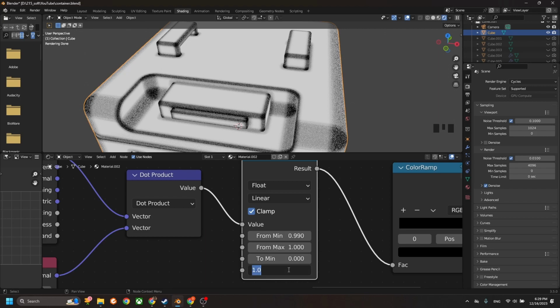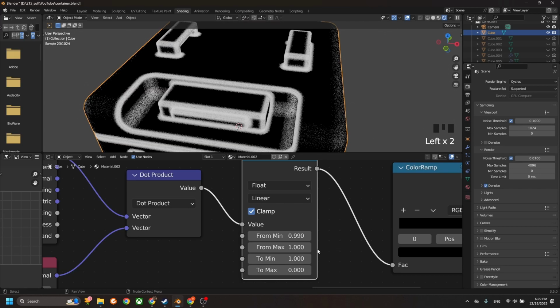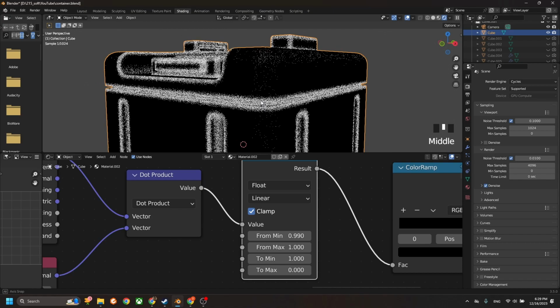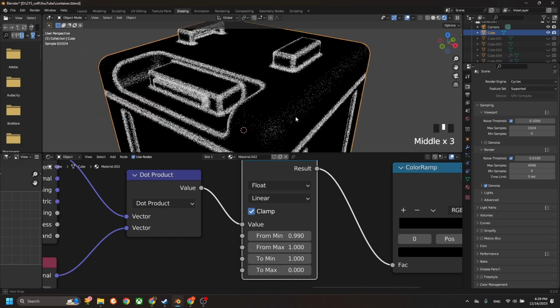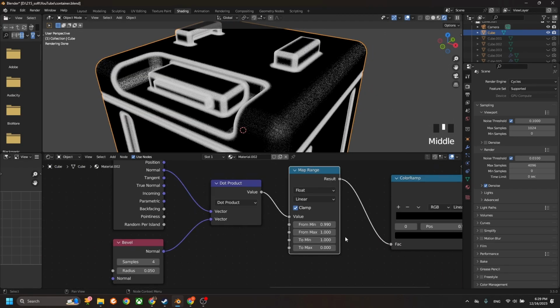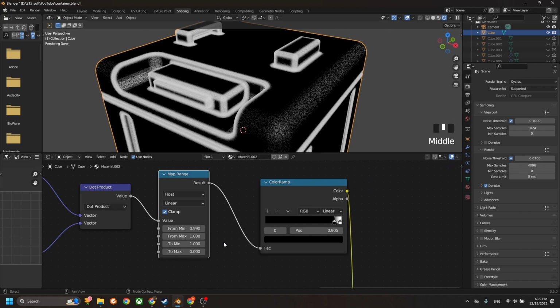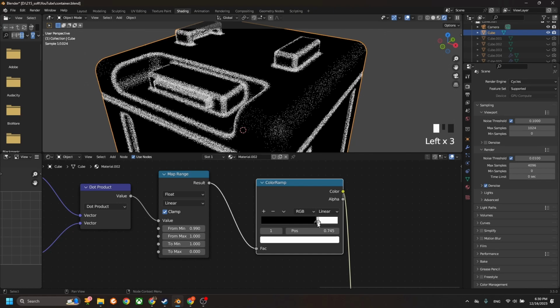And I will change those values around because I've tested previously it looks better this way. Okay, it's kind of inverted, but still we have a kind of perfect transition over here. And what we can do right now is, of course, first of all, change the color of the color ramp to get that perfect value. Okay,